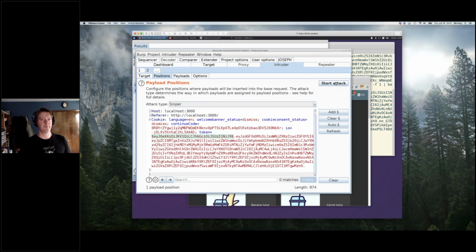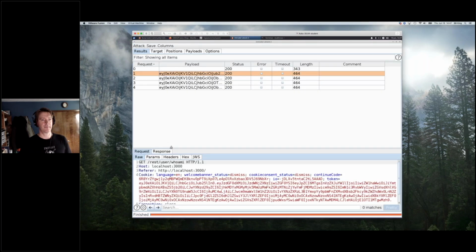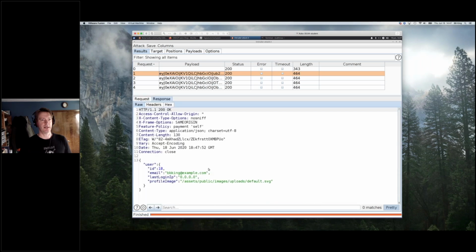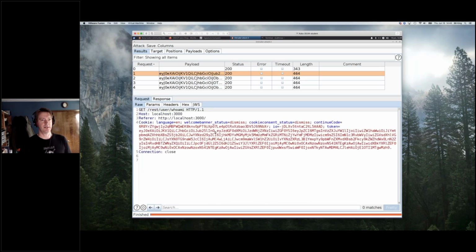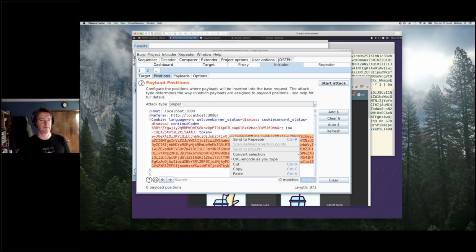So actually, let me do that again so I can get a good header. The response, did it work? Yes. So I want this now because that's the header that has the none algorithm in it. And I'm going to replace this thing with the one that I know works. And now I want to see what's in here. So if I copy this and send this to Decoder,